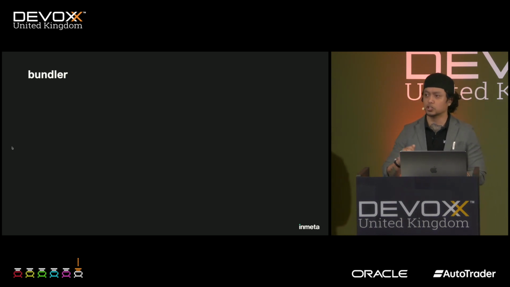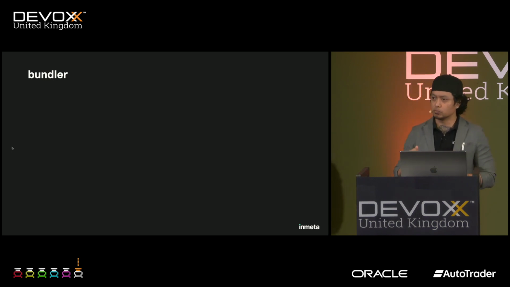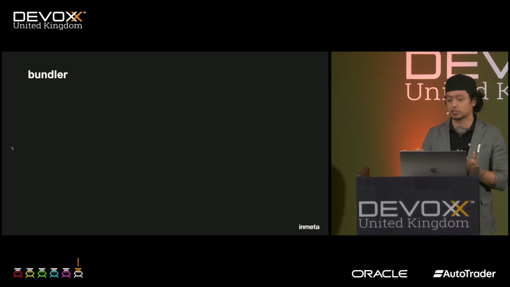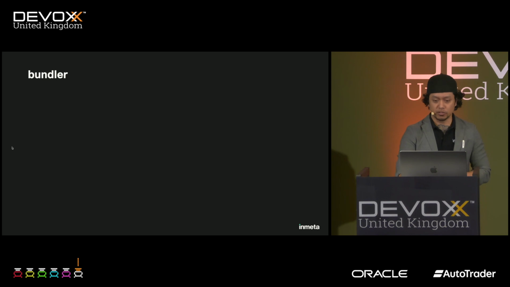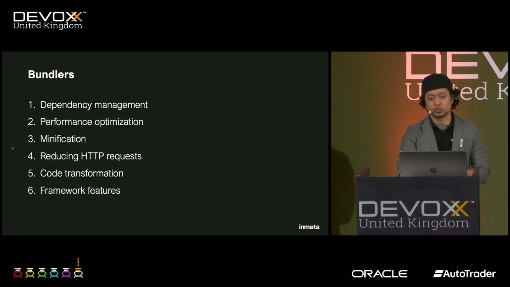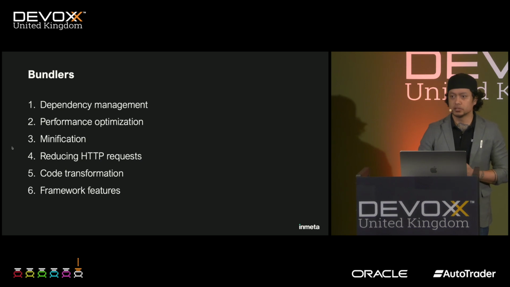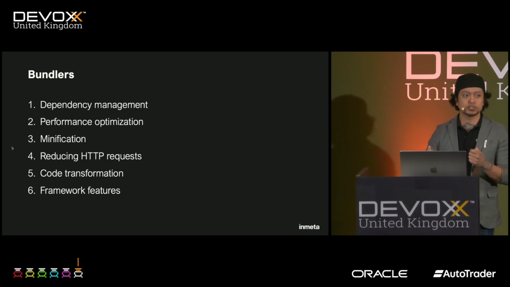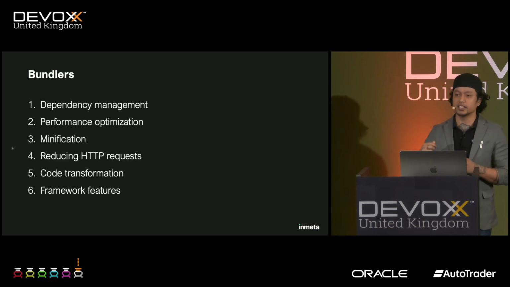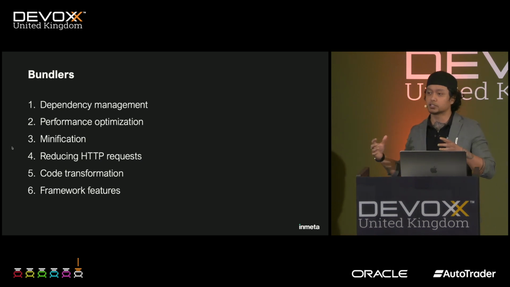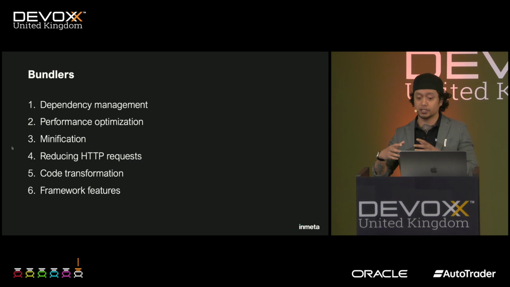So moving forward to the building part, right? A bundler is a tool used in web development to package together various assets such as JavaScript files, CSS files, images, and other resources into a single optimized bundle for deployment to your web server. Bundlers also help in reducing HTTP requests. Why? Because apps nowadays don't let browsers send HTTP requests per file, right? Bundling combines multiple files into a single package, reducing the number of requests and then improving load times.